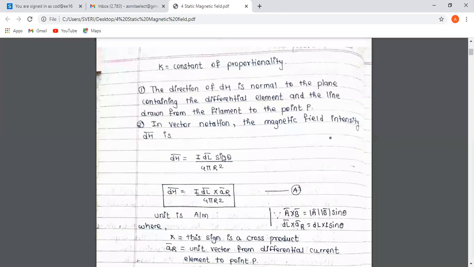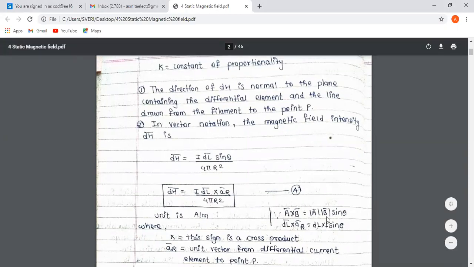Now in this equation the angle sine theta is used, right? Is there any vector operation which contains sine theta? We have seen the dot product and cross product in vector multiplication. The dot product is a bar dot b bar is equal to mod of a bar mod of b bar into cos theta, right? There is a cosine of the angle. But for the cross product, a bar cross b bar is equal to mod of a bar mod of b bar into sine theta. So if there is the angle sine theta, we can